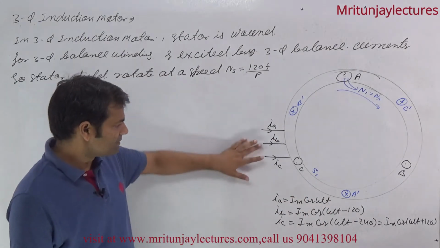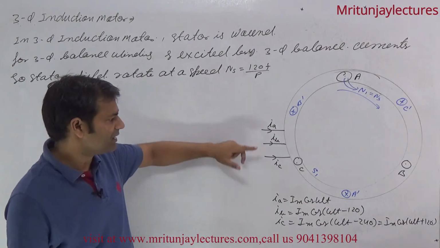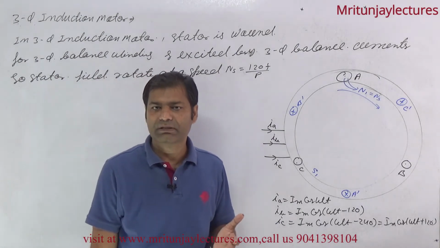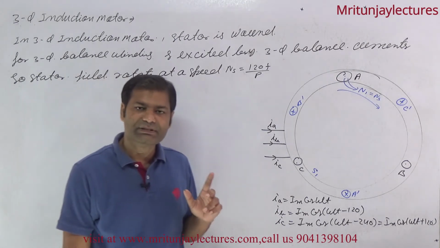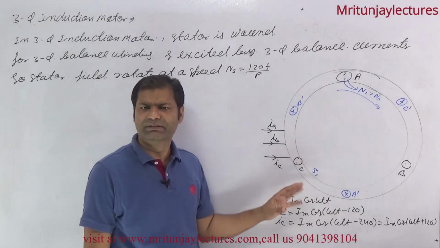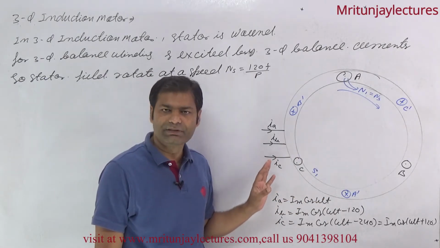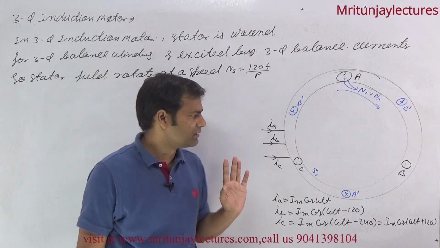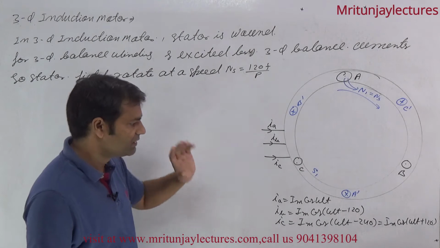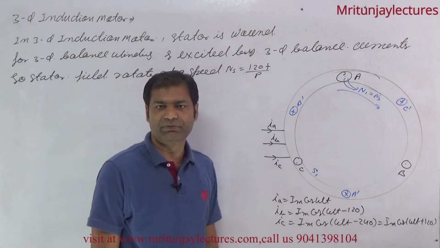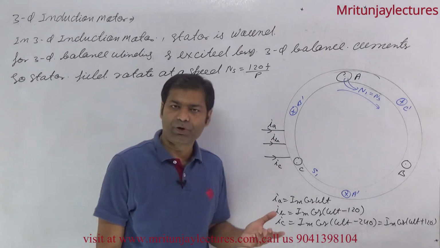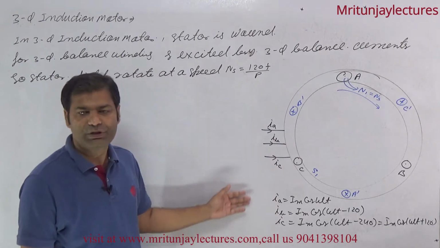If the supply terminals are interchanged, if two terminals are interchanged, this sequence becomes ACB, and the rotation reverses. This concept was also already discussed in the previous lecture. Now, corresponding to this one, if three phase balanced supply, this is also called positive sequence, or ABC. From the power system point of view, positive sequence; from the machine point of view, ABC sequence.